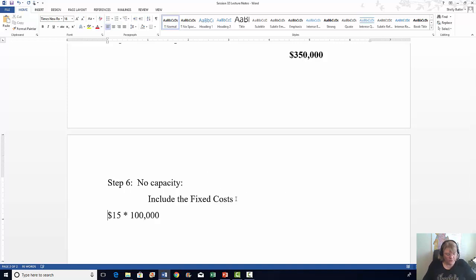I'm going to drop this down so I don't get over here too far. And that is going to be an outflow of 1.5 million, or $1,500,000. And now when you subtract the $350,000, you are going to get a cash outflow with no capacity of $1,150,000. So the decision here,